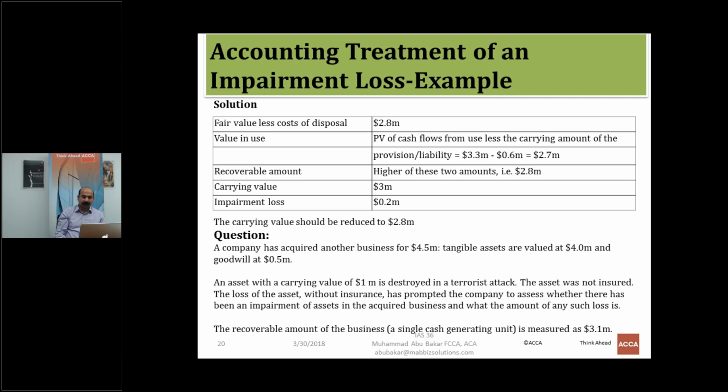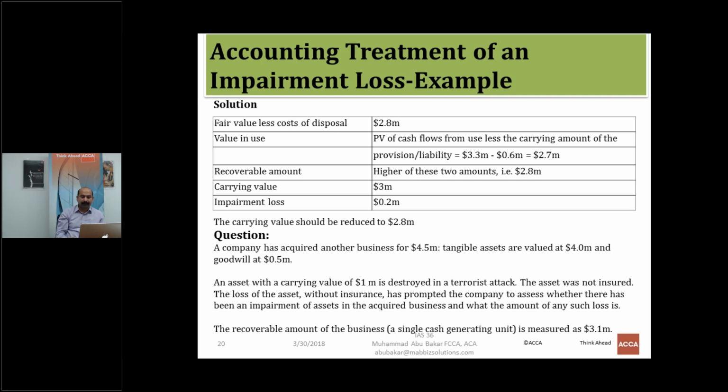The asset was not insured. The loss of the asset without insurance has prompted the company to assess whether there has been an impairment of the asset in the acquired business and what the amount of any such loss is. The recoverable amount of the business is measured as